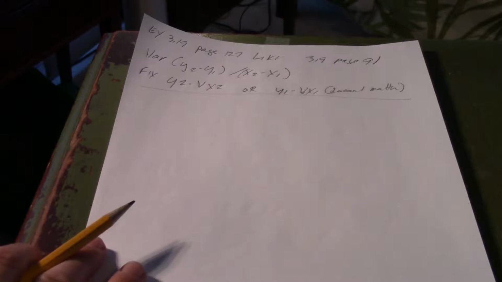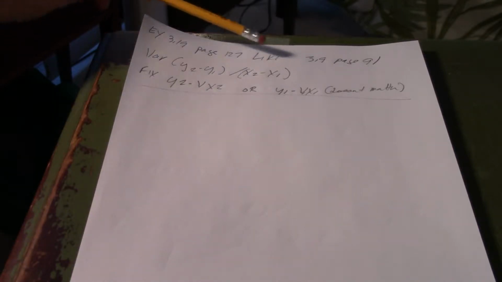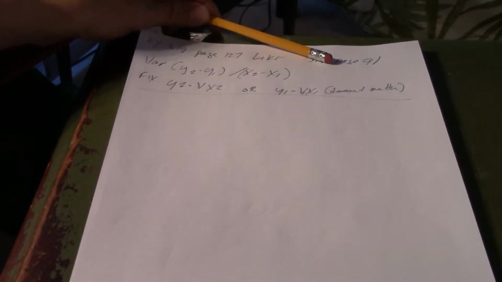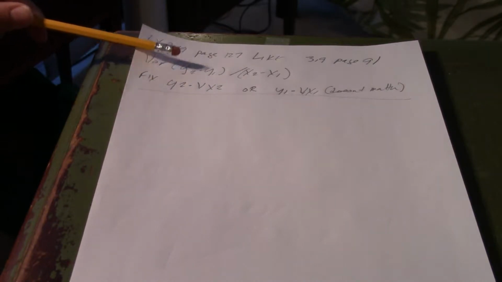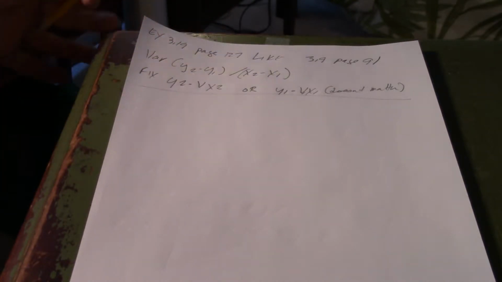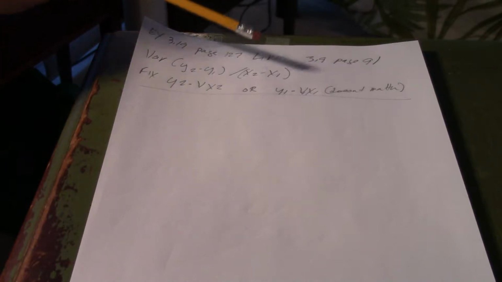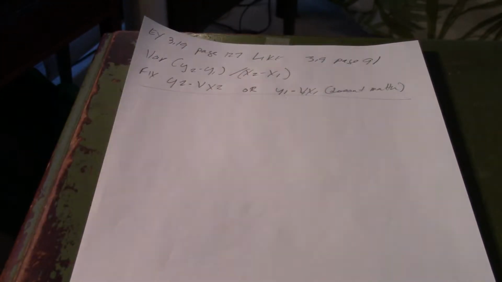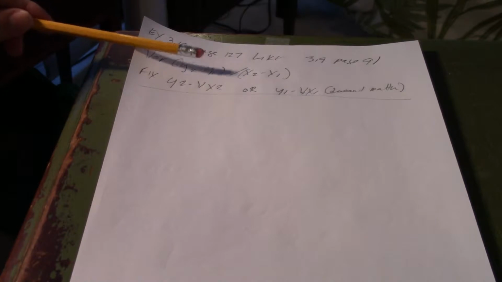All right, so let's remind ourselves how to do high-low. If you don't remember, go to exercise 3.9 on page 91. They give you an example of it there. So high-low, you're calculating the variable by taking your high cost minus your low cost, right? Your cost is always on your y-axis. You take your variable, whatever it is, in this case it's moves, high number of moves minus low number of moves, and you divide your cost by the moves, right? Your rise over run, if you remember slopes,